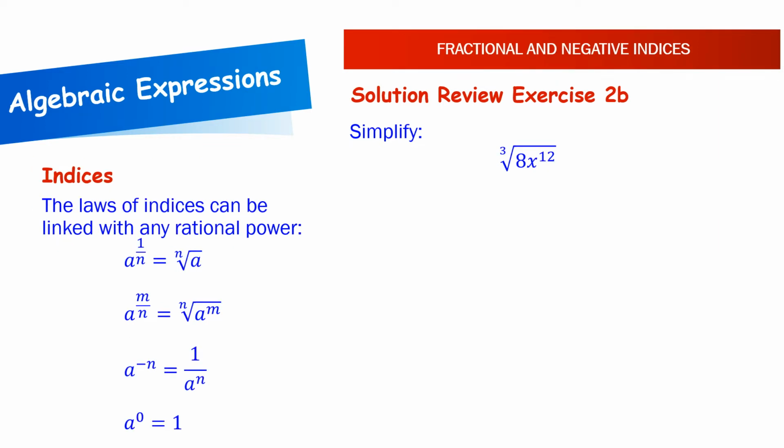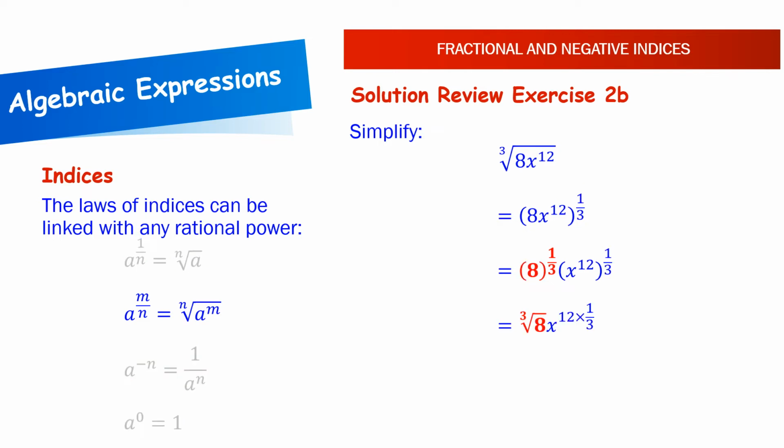Now let's have a go at review exercise 2b. We are going to use these laws of indices on our screen to help us solve this. So we are required to simplify the cube root of 8x to the power 12. We are going to use the second law, which has been highlighted. So we have (8x to the power 12) raised to the power 1/3. We can write this as 8 to the power 1/3 times x to the 12 to the power 1/3